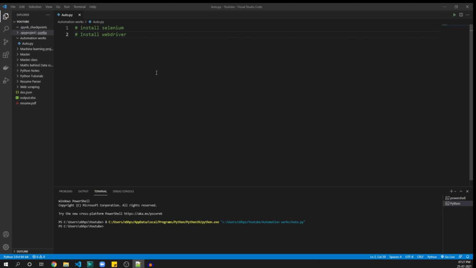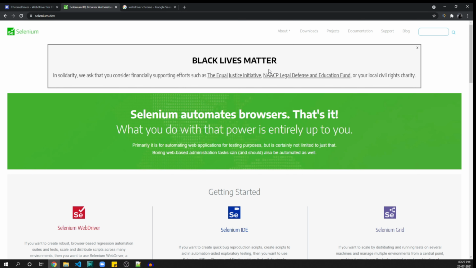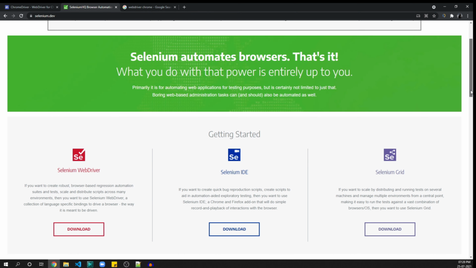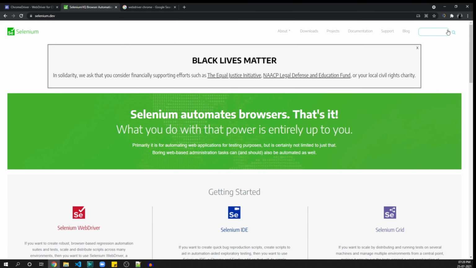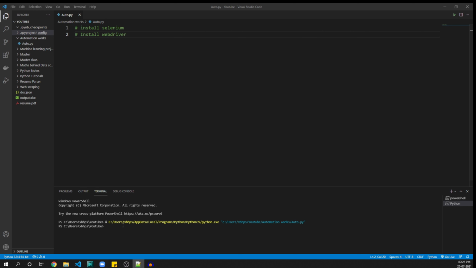In this class we are going to see how we can automate anything using Python. For this automation, we are going to use Selenium, which is a very powerful tool you can use for web automation. To download Selenium, you can go to selenium.dev, where there are various things you can download. Or if you're already using a Conda setup, you can just do